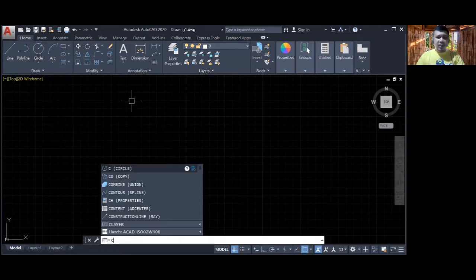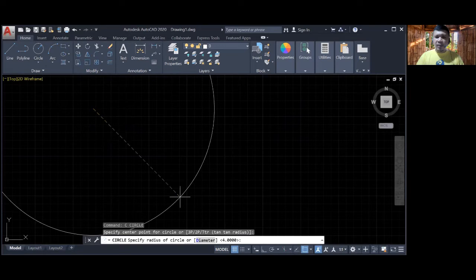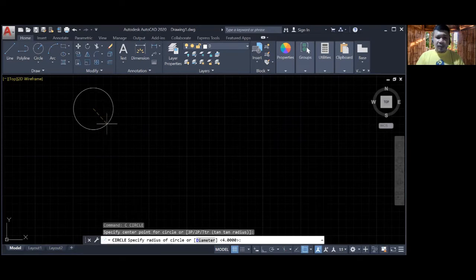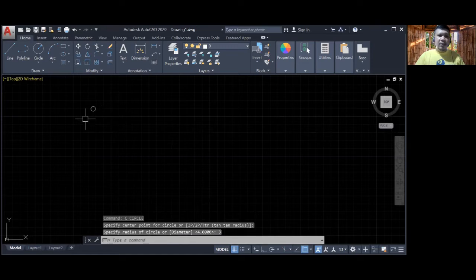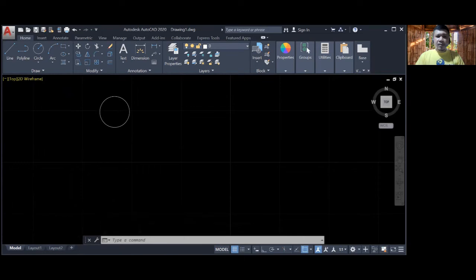So type natin yung C for circle. No, you need to specify the center point. So inutusan kayo ng AutoCAD, click mo yung center point. Okay. Now, AutoCAD is asking you, no, to specify the radius of your circle. Ayan, nasa may command window siya, nakalagay po dito. Specify the radius of circle. So let's say input natin yung value na 3. Ayan, so AutoCAD created a circle with